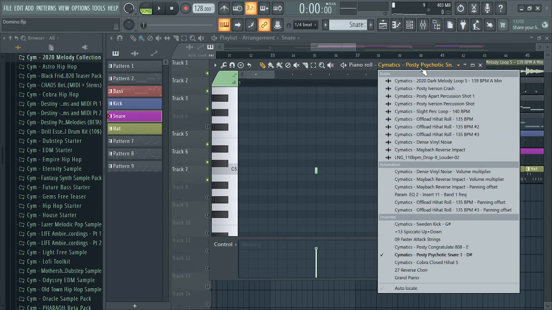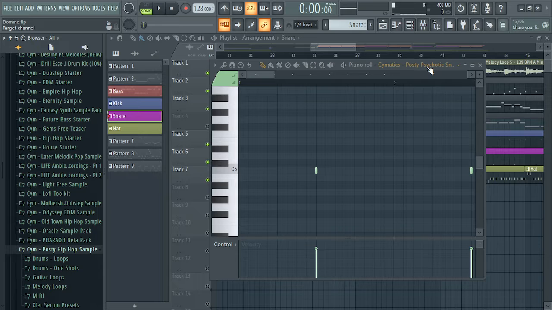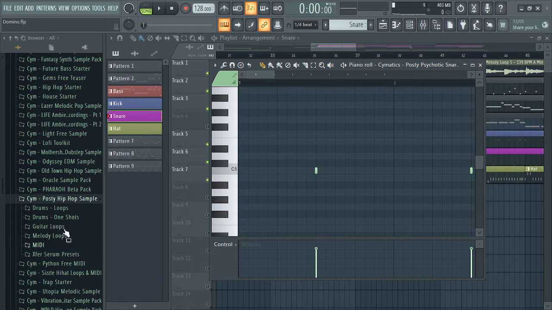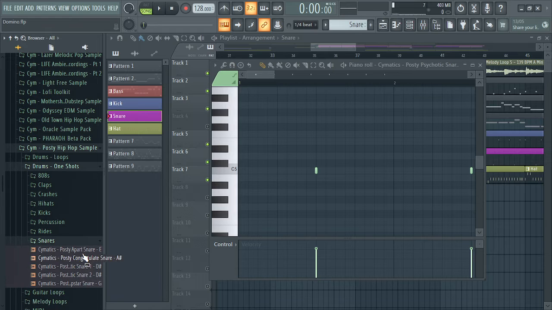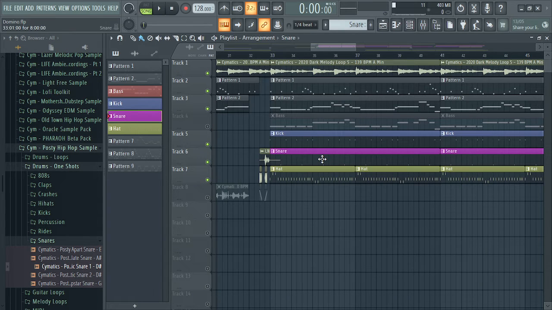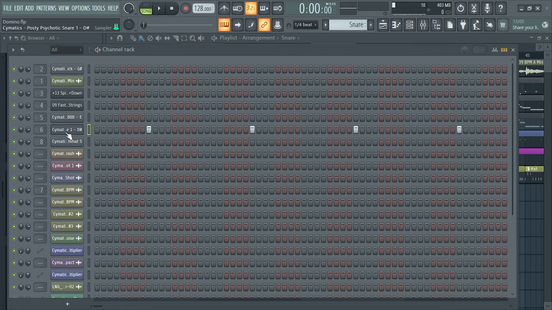So this is from the Post-T pack. So let's just look into the Post-T pack. Post-T psychotic snare. Okay, just one shots, snares, and where is it? Psychotic snare. So this is the one. So just layer it. And another important thing when you're doing this, you'll have to